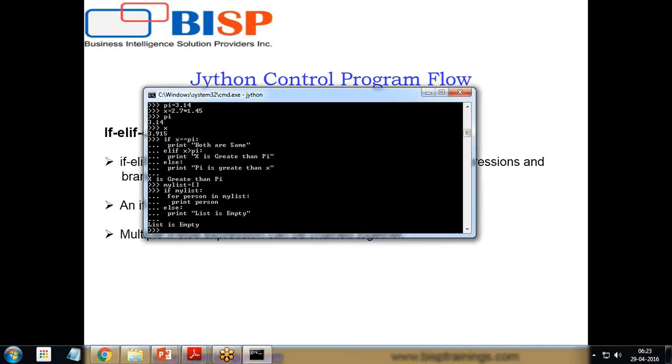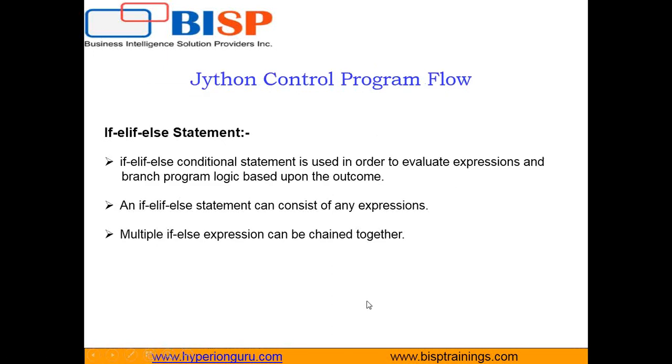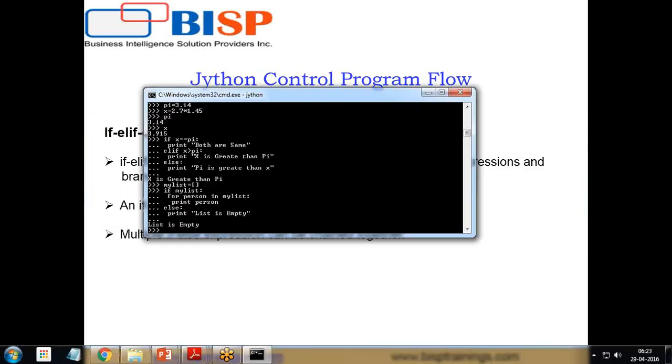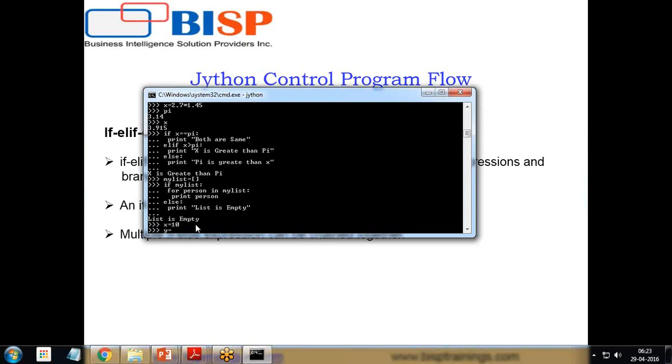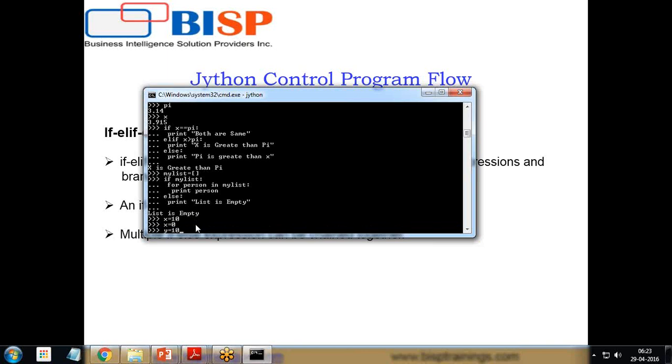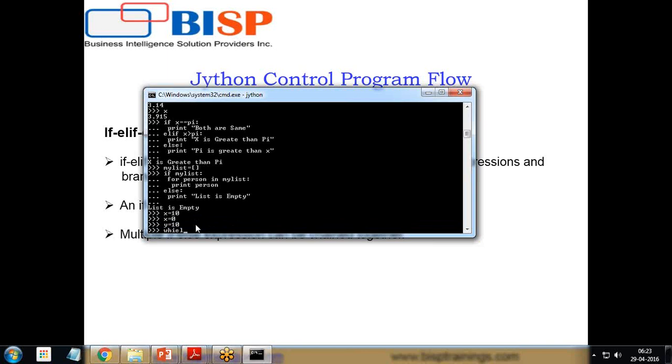In a similar way, we have loop statements as well. This was the if else statement. We can use loops for repetition and iteration, like the while loop and the for loop. To create a while loop or work with a for loop, we can define variables. Let's say I define x is equal to 0, y is equal to 10, and I say while